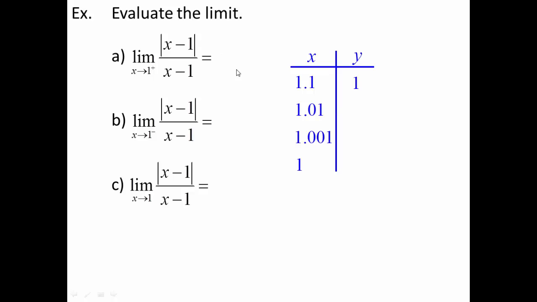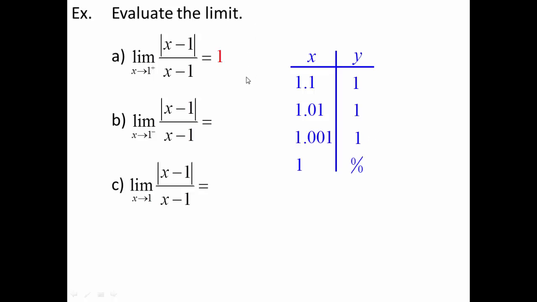Doing the same thing, 1.01 minus 1 would be 0.01, over 0.01 is still 1. Hopefully you realize that no matter what x value I plug in, if I'm plugging in a positive x value, I'm always going to get the same answer top and bottom, therefore the ratio is always going to be 1, except when I get to 1, I plug it in and I get 0 over 0, which would be my indeterminate value, or my indeterminate form. But again, it doesn't matter what this says, it matters what these say. 1, 1, 1. No matter what number I'm going to pick, it's going to be 1, therefore the intended height